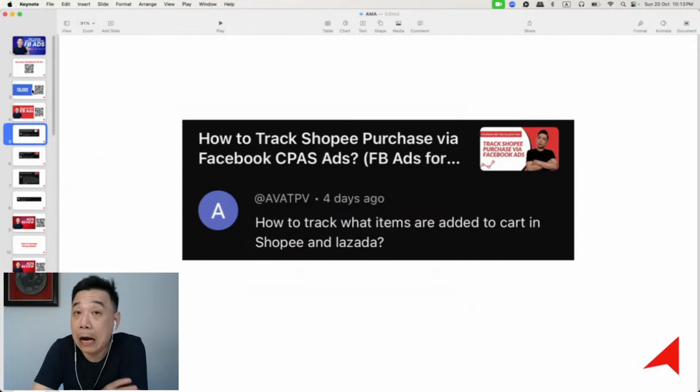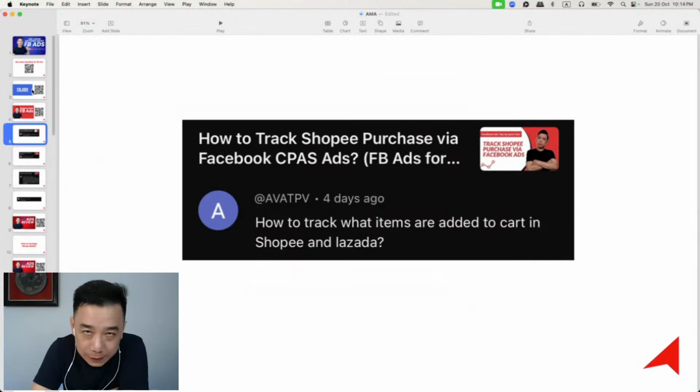The link click, the outbound link click, and after that, you should look for content view, which is by shared item. So you need to find shared item. If you have CPaaS, you should have all these options in your ads manager to track. So you'll be able to see, let's say 100 people, but you have 500 content views, which means these 100 people, when they leave Facebook and land on your Shopee store, browse 5 items each. That's pretty significant. And out of those 500 visits on your products, there are about 50 add to cart, which means you're able to see how many actions.